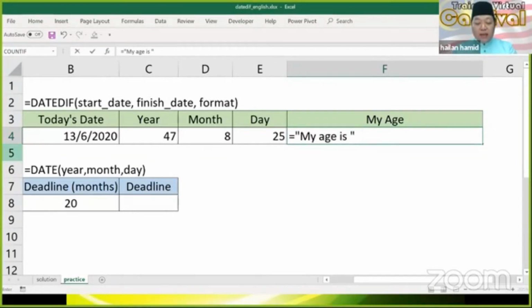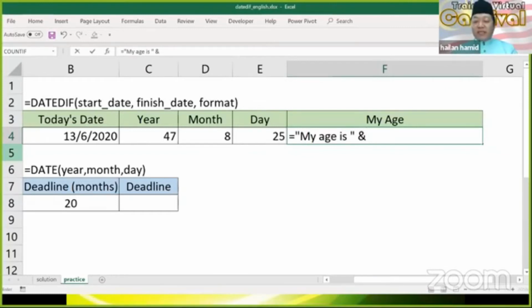Okay. Then I think just now, Sifu Suen shows the concatenate. Okay, this is the concatenate, but in a different way. Because if you are confused of using concatenate function, you can use this method by having the ampersand. The ampersand means to combine. Okay, to combine from a text to a formula, from a formula to a text, or combine formula to a